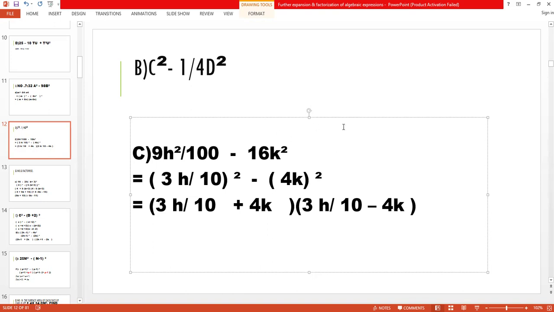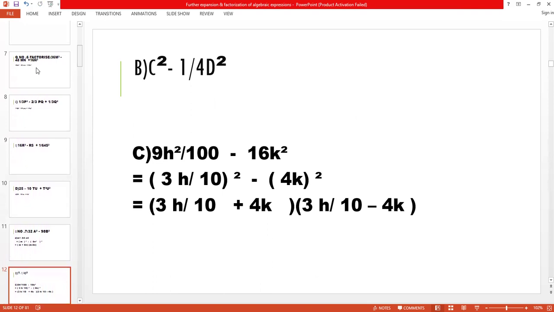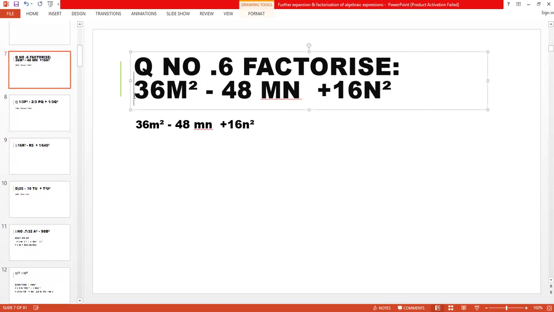So we have done all the parts. Now move towards question number 6. Again, question number 6 has 4 parts. Okay, factorize 36m square. In the center, they gave us a negative sign. Look here, 3 terms are there. First term square minus 2, first term, second term plus second term square. In the center, we have minus. This one is the second identity.